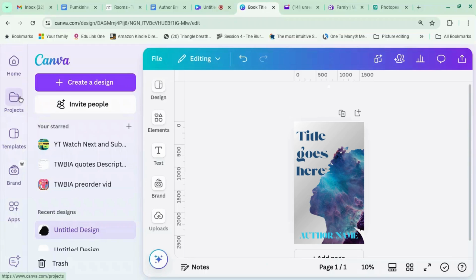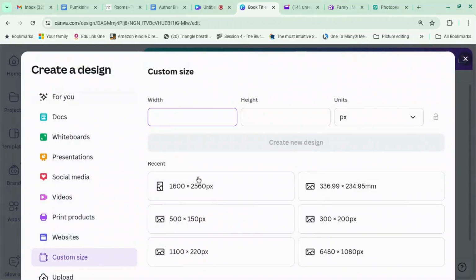Okay, I had a question on last week's video saying, well, it's great. You can turn a silhouette into an image, but how do you get the silhouettes? How can you turn things into silhouettes in the first place? So I thought I would introduce you to the magic of Duotone. Create a design, book cover size design,